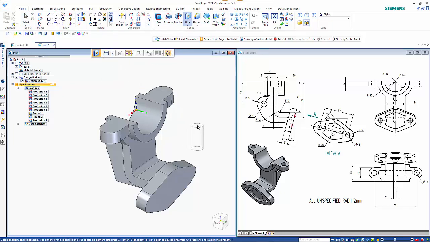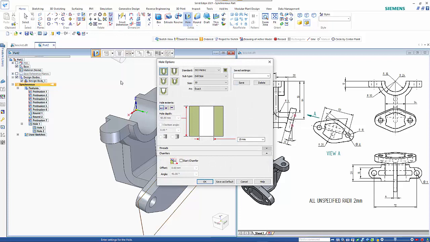So I will start with the ones on this face here, so F3 to lock it, and by locking it, it means I can pick up off the center points. Then if I go back to the hole command and choose my,